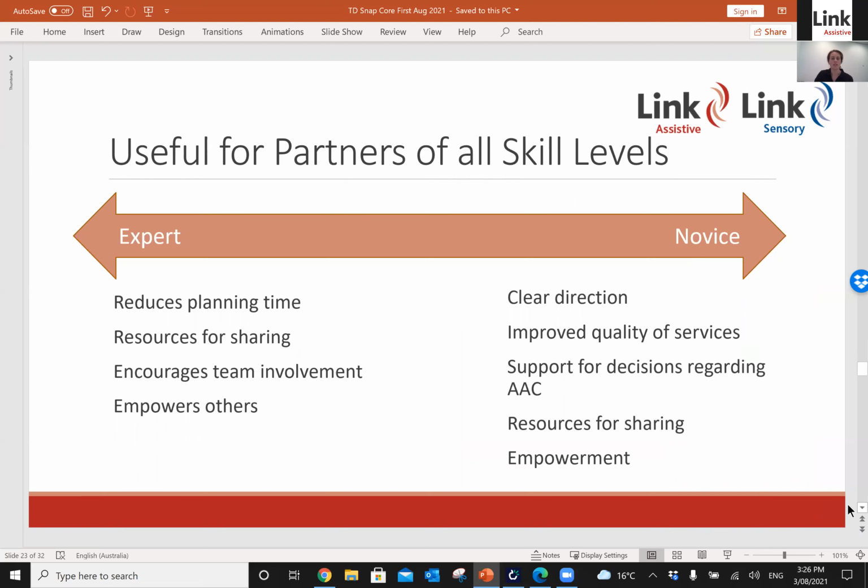The Pathways for Core First is useful for communication partners of all skill levels. For me personally, I find it really useful for planning, for resource sharing, and for tracking progress on that goals grid. So I don't tend to use all the getting started part of the app because I'm really familiar with it, but it does really help me in working with clients and their caregivers, setting goals, showing them short videos of what modeling means and giving them some lessons or ideas on how they can use Core First